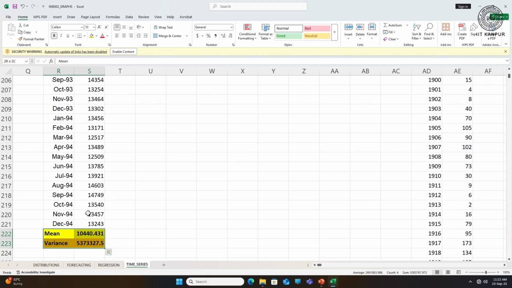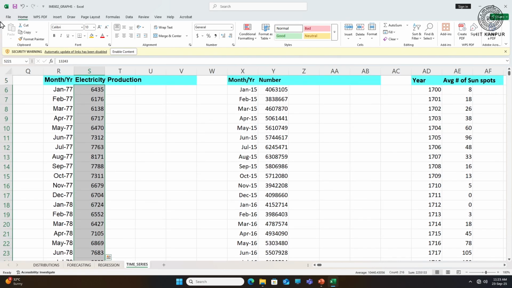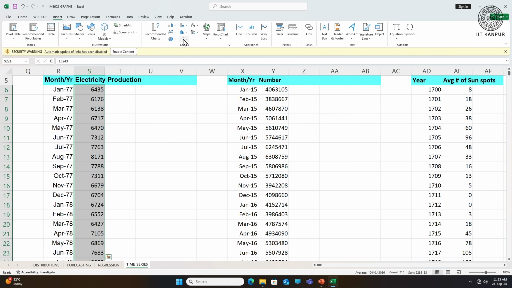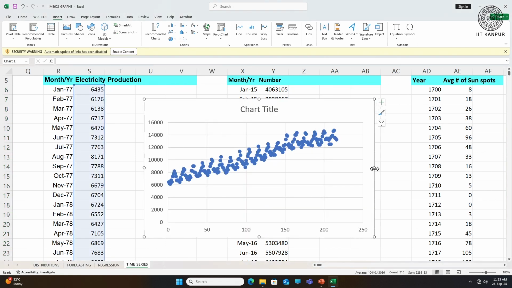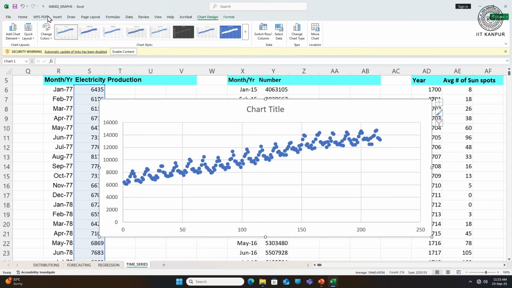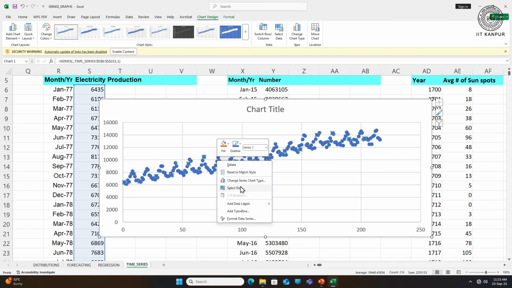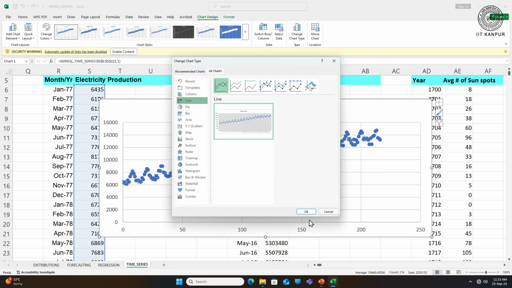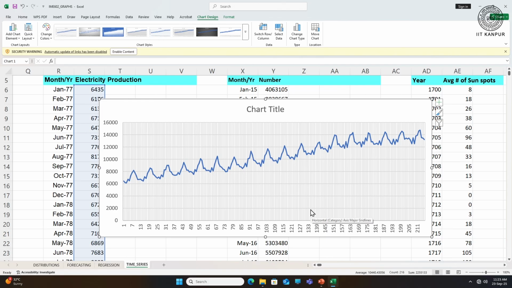Yes, it is, because if we consider the electricity production, all the values are in the tune of about 13,000, 14,000, so on and so forth. So, obviously, the variability would be there. So, just to make a note, if I consider the line diagram here,